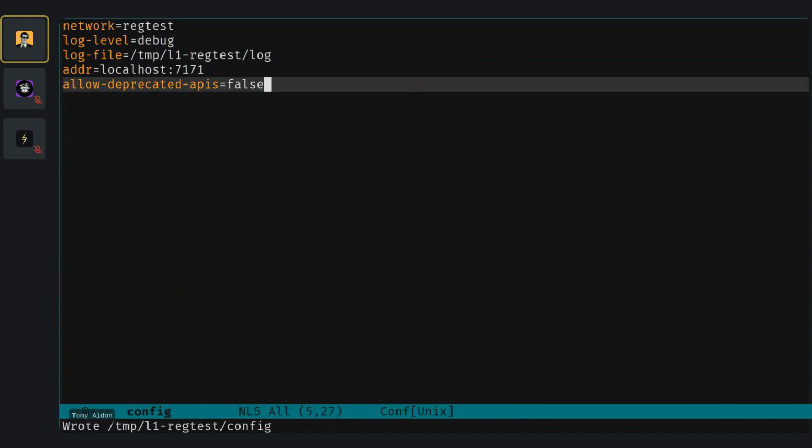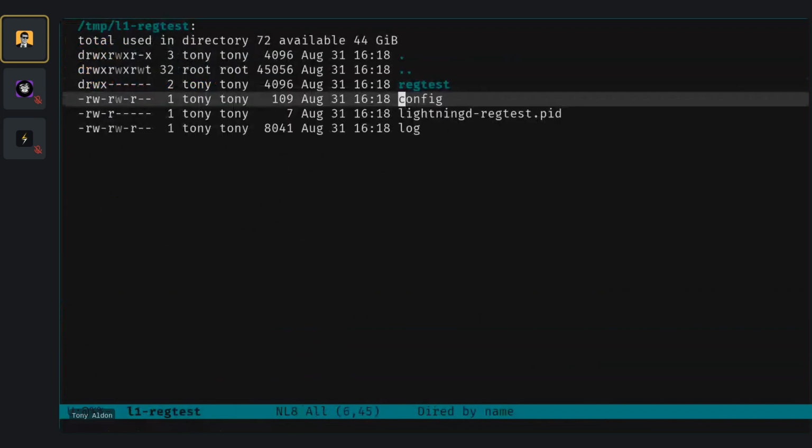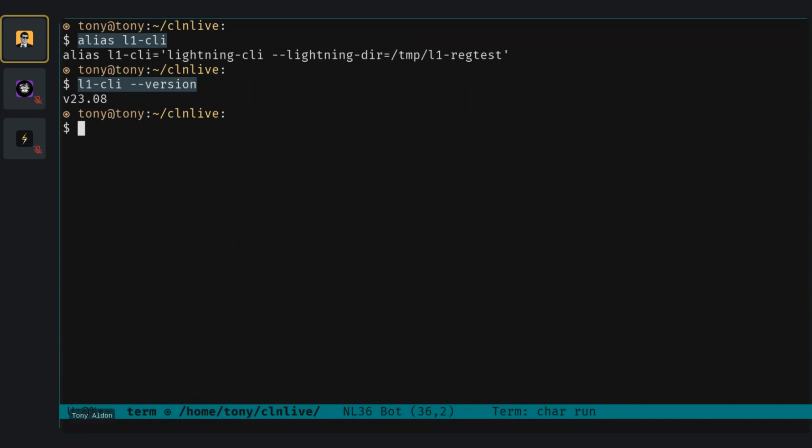But now we don't need to do that for some of them. If a plugin specifies to lightningd that its options are dynamic, they can use setconfig to set them at runtime. So let's go back to our terminal,